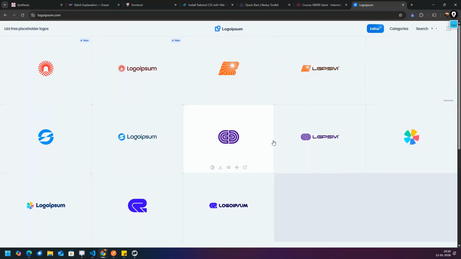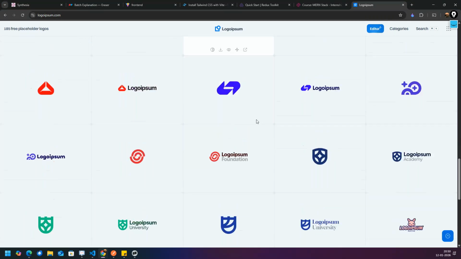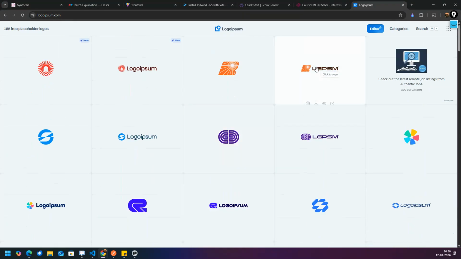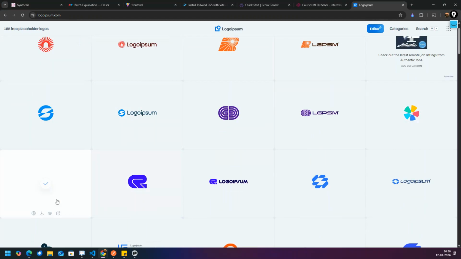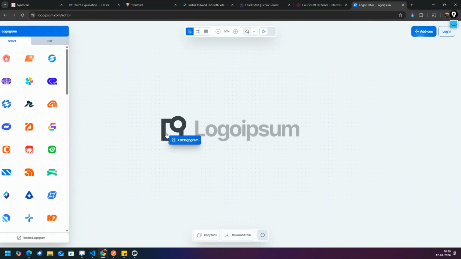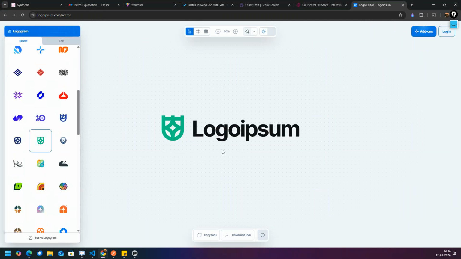See, Logo Ispum. You will get n number of logos, and these are free logos. You can use any one of these logos, and you can also customize your logo. With the logo editor, if you want something different, you can change it.